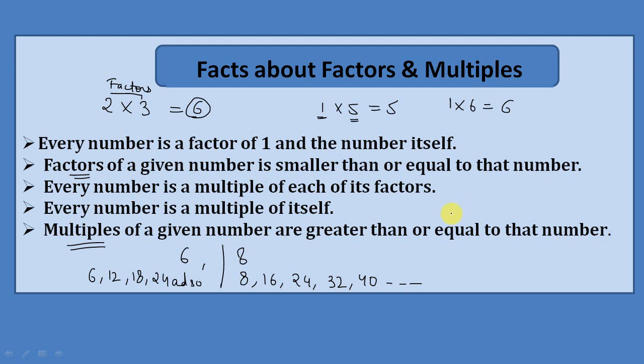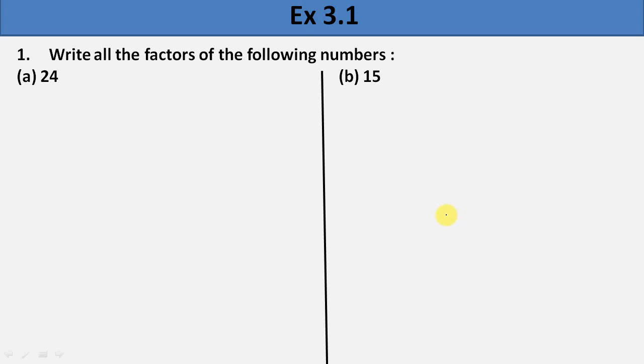Now let's see exercise 3.1, the first question. Write all the factors of the following numbers. Now you need to write down the factors of the given number. तो ये हम method use करेंगे, इसमें U method. We will be using U method to find out the factors of 24. That means हमें ये देखना है 24 किस किस के टेबल में आता है. So let's start with 1. 1 के टेबल में तो हर एक नंबर आता है. अभी हमने पीछे पढ़ा that every number, that factor of every number is 1 and the number itself. So we can write 24 as 1 into 24 is equals to 24.